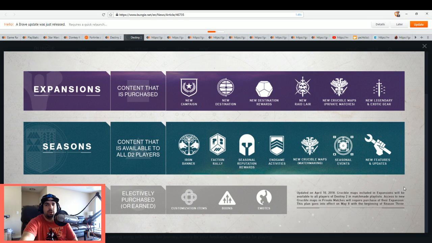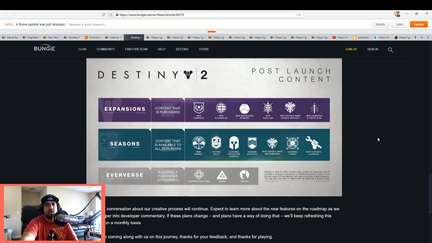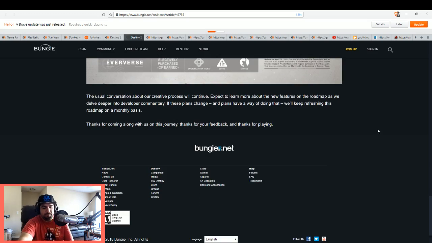will be available to all players of Destiny 2 in matchmade playlists. Access to new Crucible maps in private matches will require purchase of their expansion. This plan goes into effect on May 8th when the Warmind update comes up. Now, the reason that I'm bringing all of this up is because Destiny